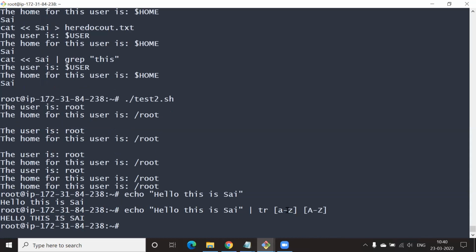Talk to me. It is transforming the lowercase to uppercase. Good answer. Transforming or translate. Okay. Now do the reverse.